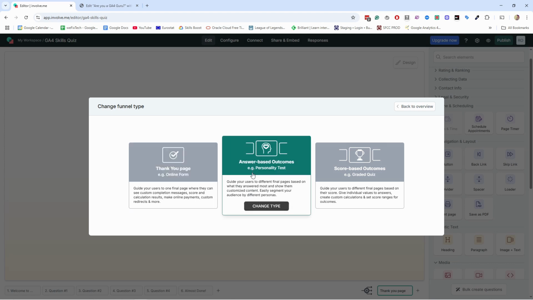So let me explain each of the funnel types. Thank you page funnel shows the same final page to everyone. Use this for contact forms or surveys. We kind of saw that already. It's like the simplest form. Then answer-based outcomes shows different results based on specific answers. So each of the answers